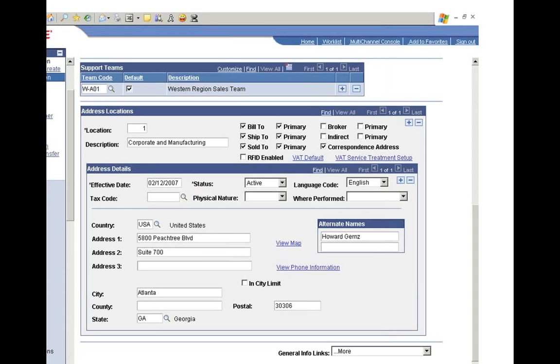If the customer has any alternative names, you should mention them here, and the phone details you should enter if you want. Those things are not mandatory. The mandatory things here: address 1 is the mandatory one, address 2 is not required, city is not required, and the country and state will be the required things. Postal